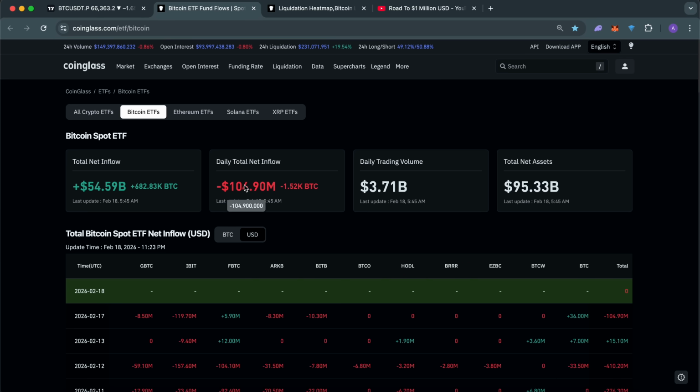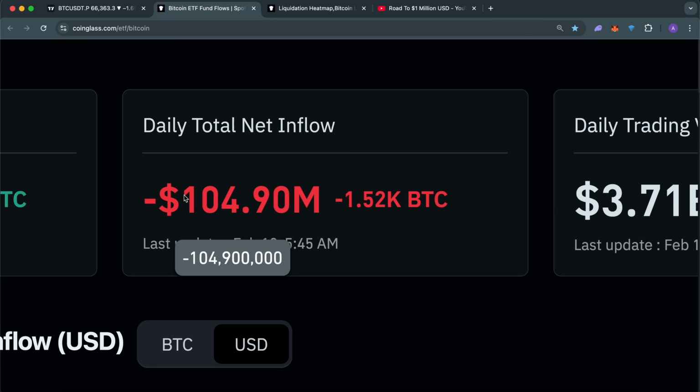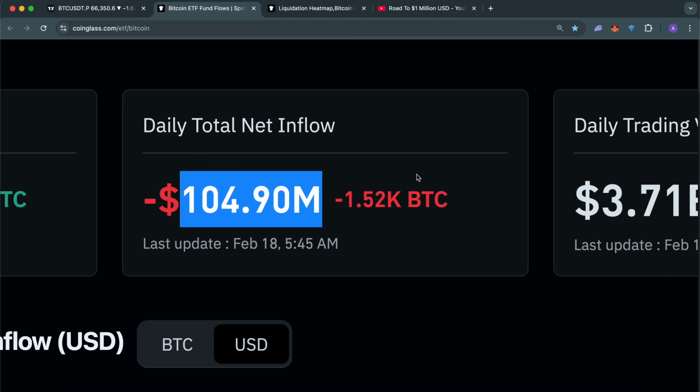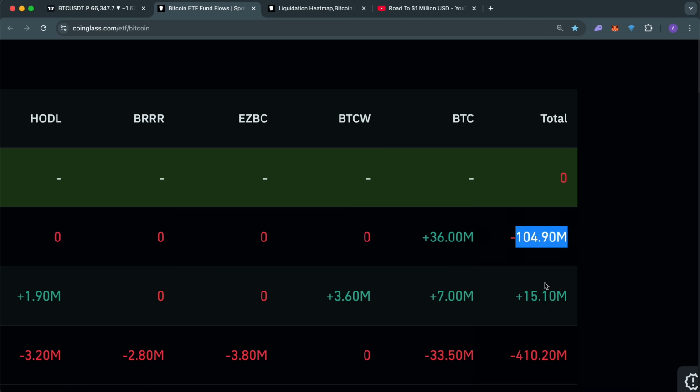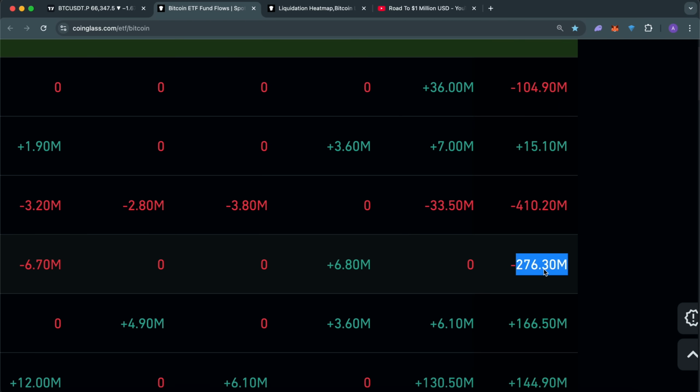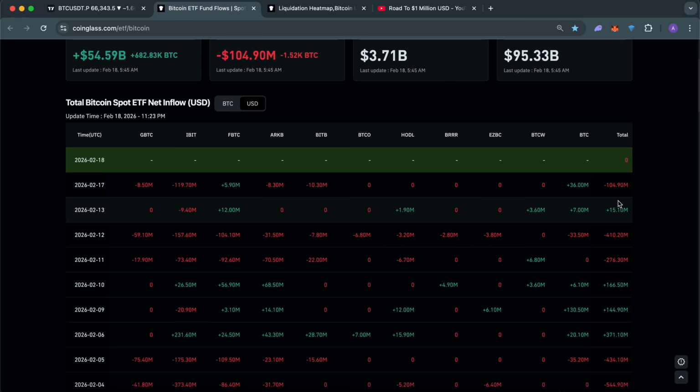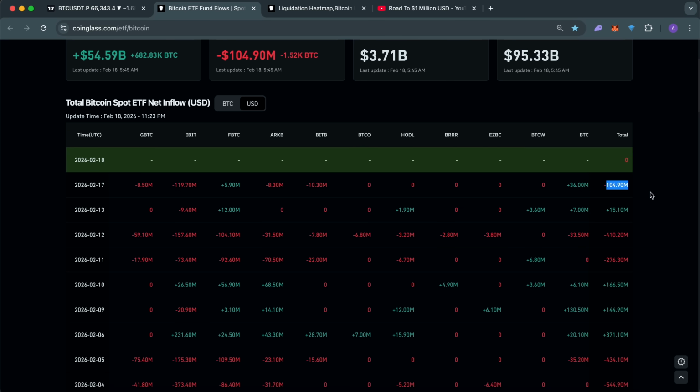Moving on to the Bitcoin ETF flow tables, yesterday we saw a massive outflow from the Bitcoin ETFs of about $100 million in a single day of trading, continuing this trend of just seeing massive outflows every single day. So for now, these Bitcoin ETFs are having a downwards pressuring effect